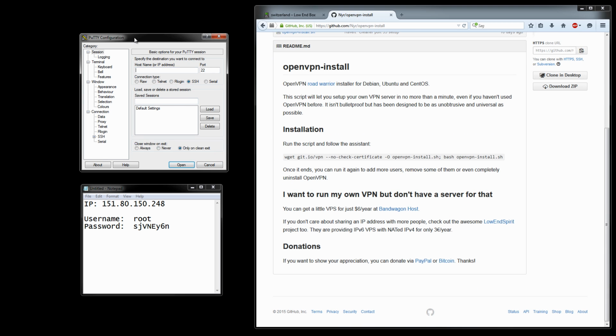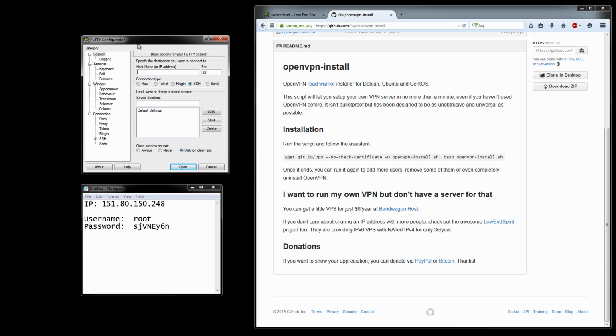So when you get details for your VPS server, in this case I'm using Debian. I'm a big fan of Debian. It's very stable and secure and stuff like that. So I'm just gonna put the IP address into my Putty window here, and you can find the program Putty in the description bar here. So let's connect over SSH to this server,